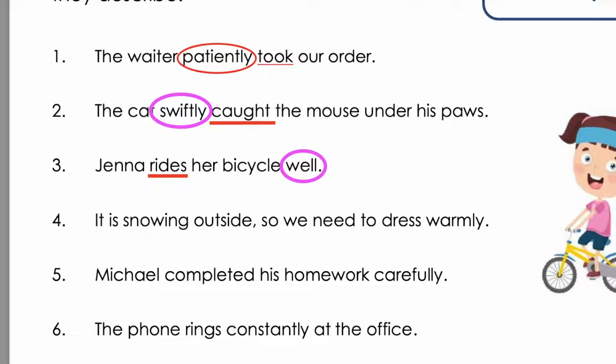But it still describes the verb. And now, rides, is that present tense, past tense, or future tense? That's present tense, isn't it? She's doing it right now. She rides her bicycle well. Right now, in the present, we can even see Jenna over there riding her